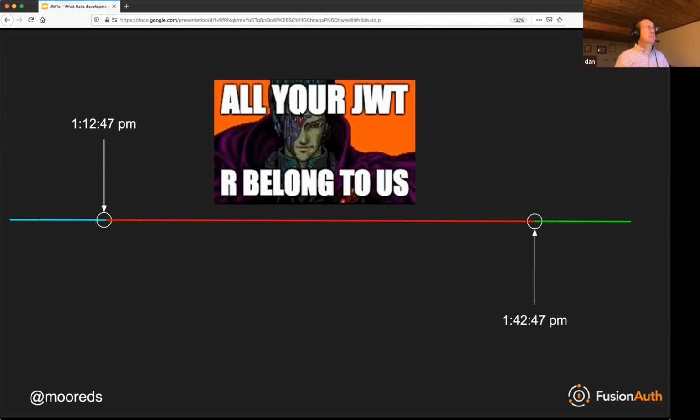I think it's 7009 that lets you revoke JWTs. But again, then you're back to the opaque token where you have to talk to the user API to find out, is this token valid? Yeah, I guess it's manual, but it's also very simple and straightforward. Yep. Thank you. Yeah, great.